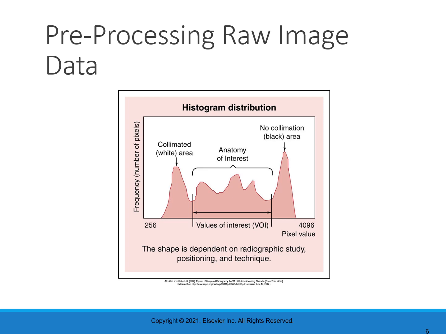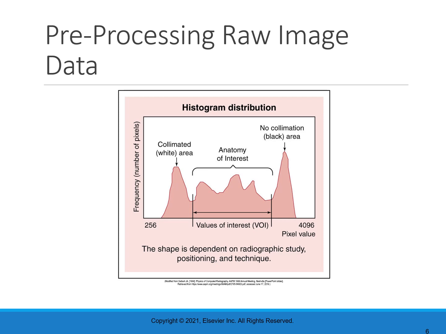We have some low brightness, some areas of brightness, lots of areas of grays, and then we have an area of no collimation or black. And so then our system is recognizing that probably this area was collimated off and probably this area was beyond the anatomy of interest and overexposed, and so it would